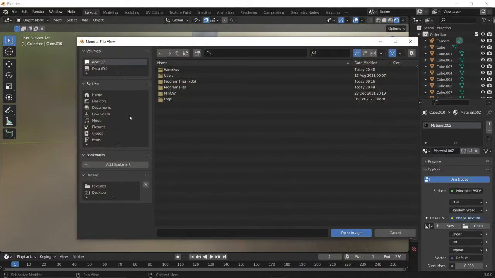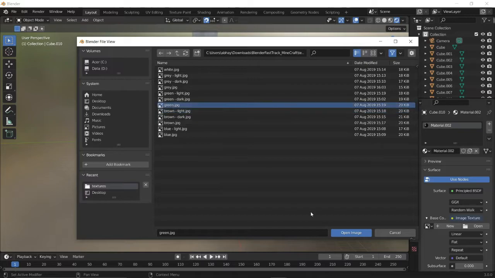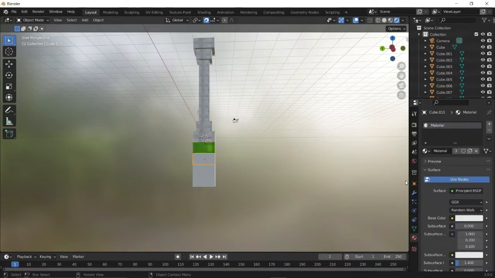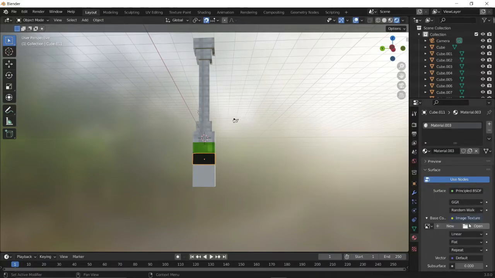Just see. I add another file present on my desktop. Green color. That's green. Just pick everything to the closest so that the pixels are not very visible, and it makes everything a bit nice looking.